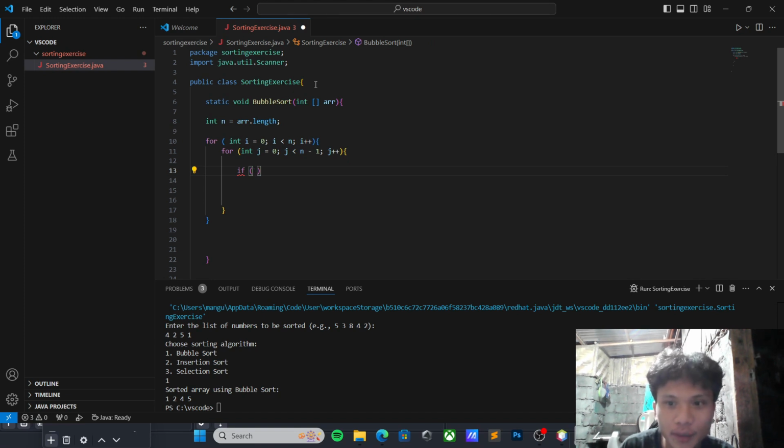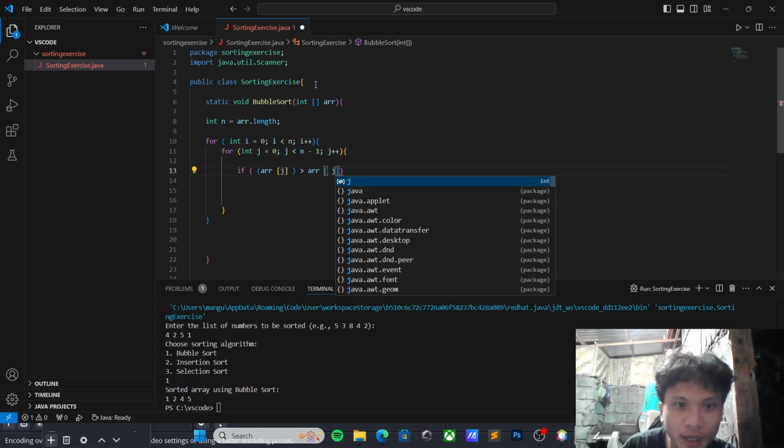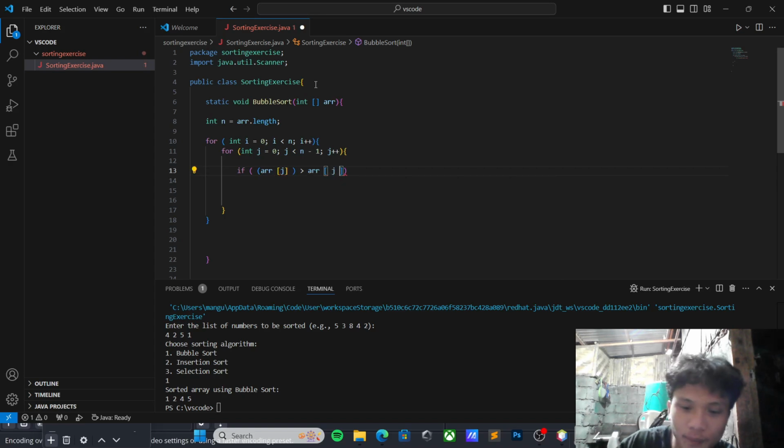Inside the parameter we call the array r with j inside the brackets, and if it is greater than r with j plus 1 inside the brackets, and that's it.